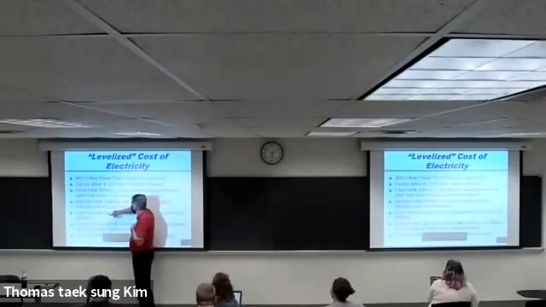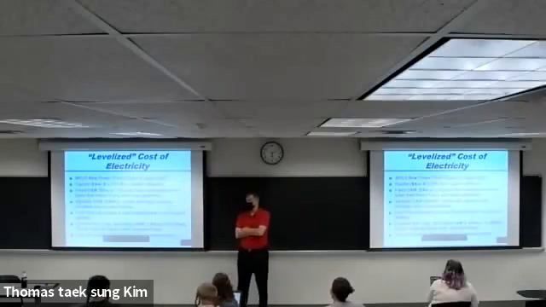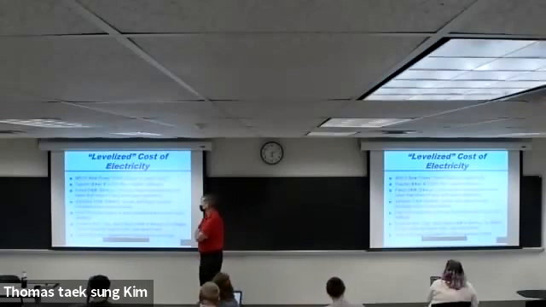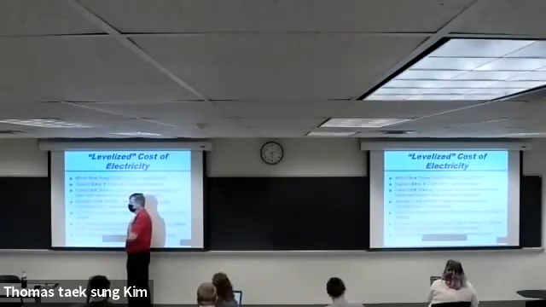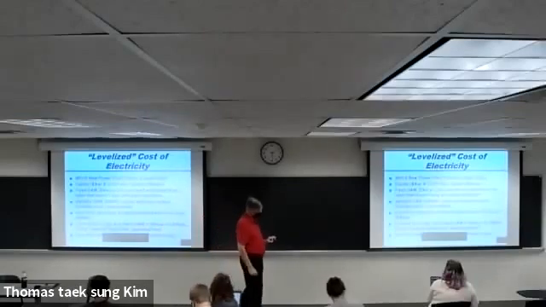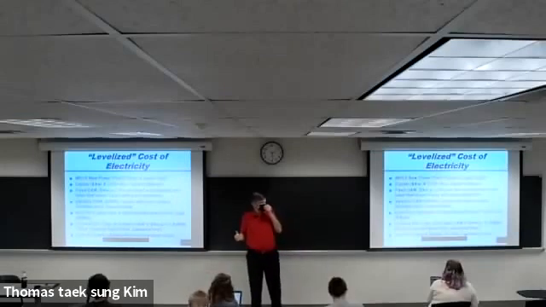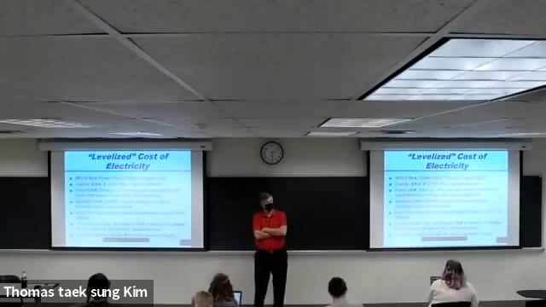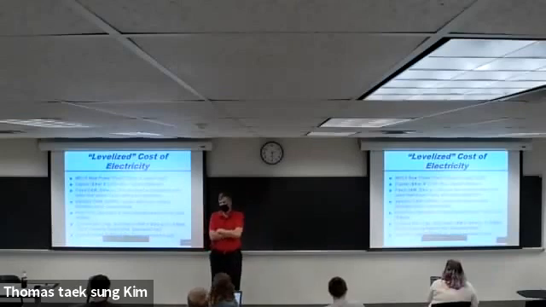So that's category 3. Then category 4, for a lot of plants, may be the most important, and that's the fuel cost, right? So that's stated, as we've seen with some of the data you've been looking at so far, often in dollars per million BTU, which is a measure of the cost of the fuel per every million BTUs of fuel that you use. So for example, gas is about $4 a million.